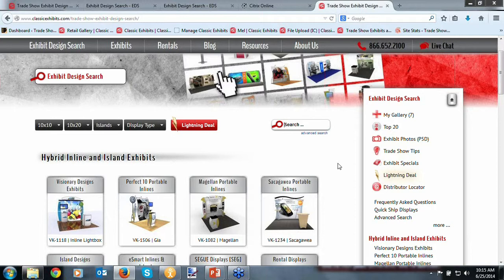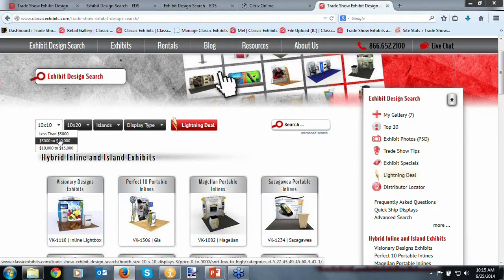All right, so let's dive into exhibit design search. One of the things that we talked about in the very beginning was search. One of the great things about searching in exhibit design search is there are multiple paths to get to where you need to go, depending on your level of granularity. Probably the easiest way to start off for most end users is using this tool, the 10 by 10, 10 by 20, and islands. The nice thing about the 10 by 10 tool is it has a drop down, and you can search by